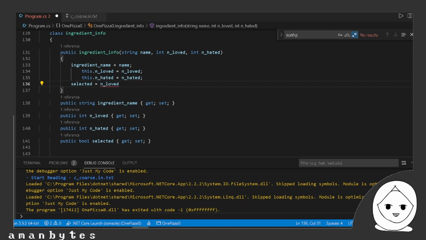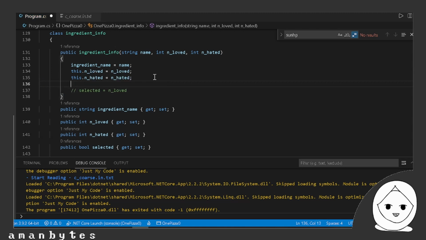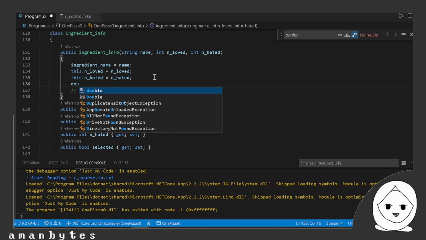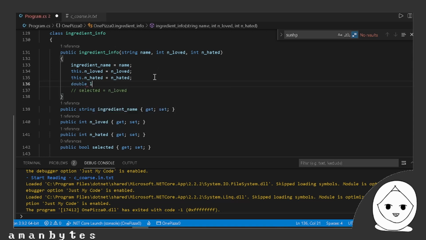Before I select it, let's create a double that checks for like loved to hate ratio. Okay? And since it's double and these are integer, you have to convert them. So the loved part is going to be at the top. The hated part is going to be here. But what if hated is 0? Because we know that's also a case. So if something is not hated whatsoever,